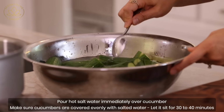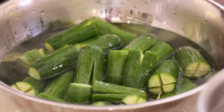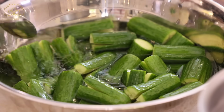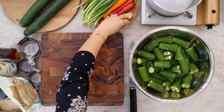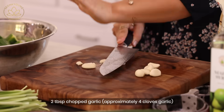Make sure they are all evenly covered with the salted water. This technique keeps the cucumber crunchy for a long time. So after you make the kimchi, put all the sauce on and put it in the refrigerator for a few days, a few weeks, even a few months, and the cucumber will remain crunchy. Can you believe it? Whoever discovered this, probably some people in the Joseon era, or I don't know who did it, but you're a genius. Soak the cucumber in the hot salted water for 30 to 40 minutes,